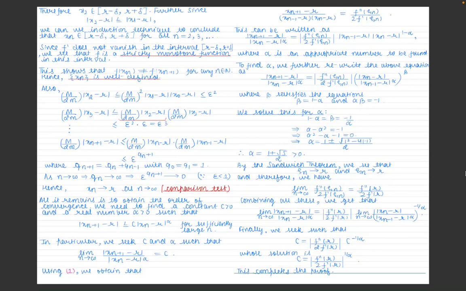We need to find two things. Let's say alpha greater than 0. Alpha will be the order of convergence precisely, such that